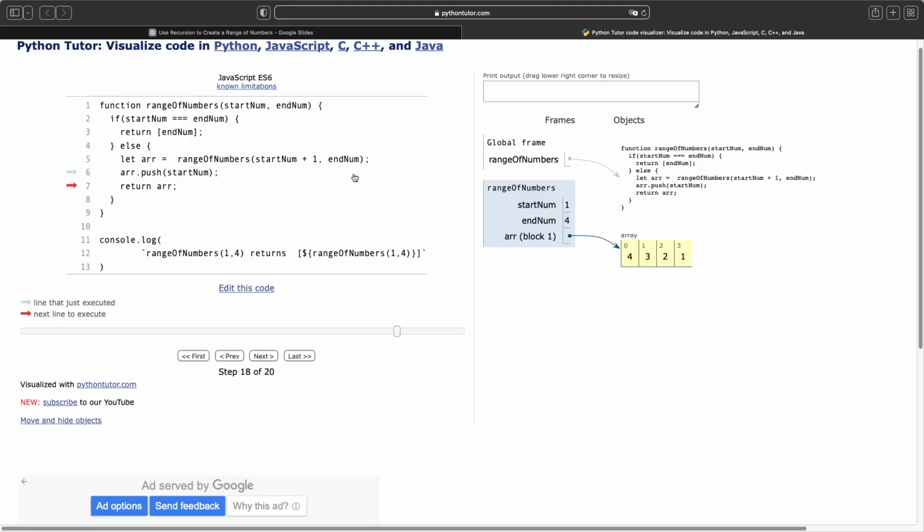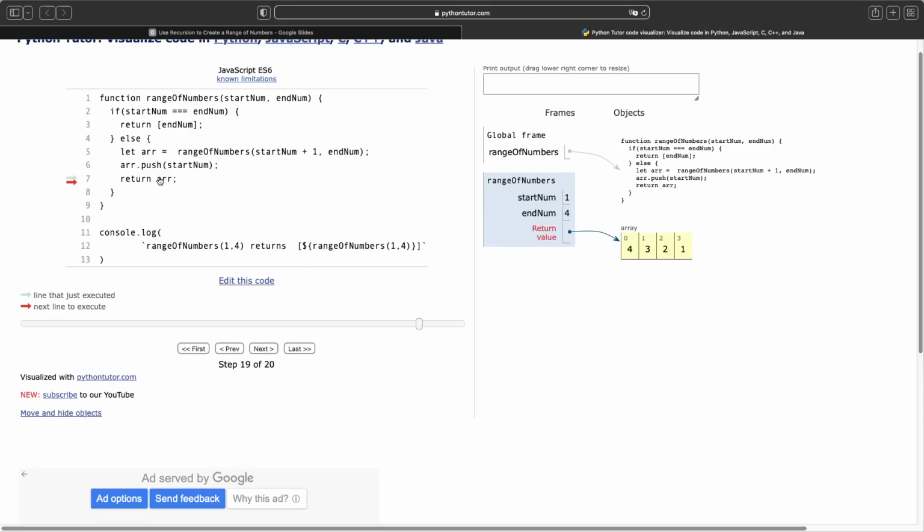StartNum is equal to 1. The recursive case returns the variable r. R is an array with 4 elements, the number 4, the number 3, the number 2, and the number 1.